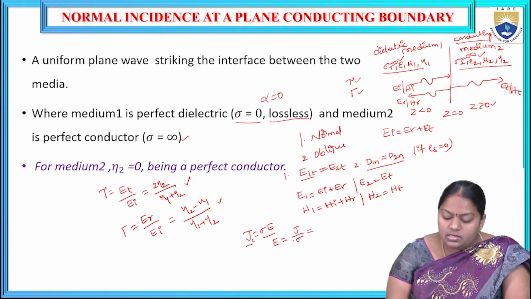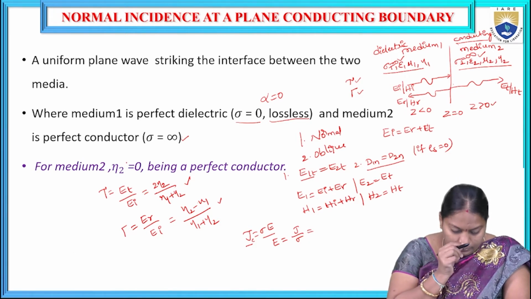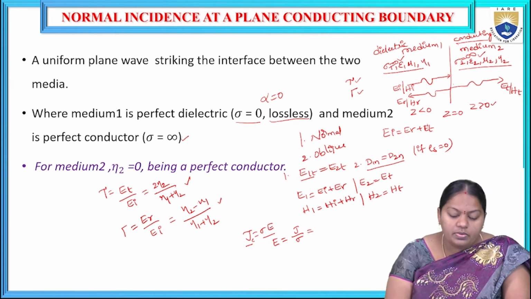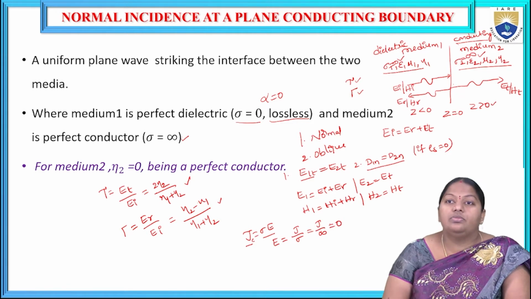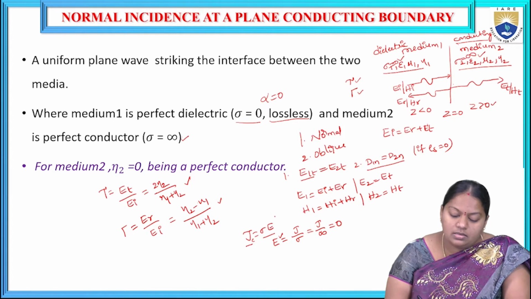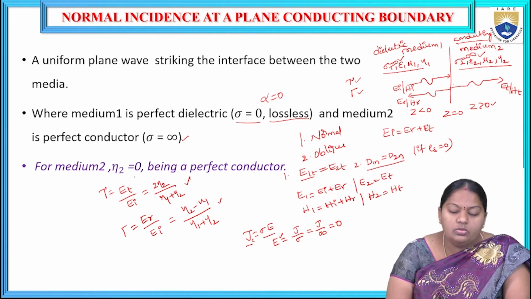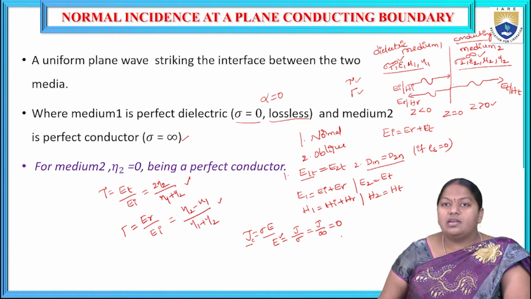So if you substitute the sigma by infinity in this case, for medium 2, we have assumed sigma equal to infinity. Right? So if we substitute sigma by infinity, then J by infinity gives us 0. So E equal to 0. That is the reason we have considered for medium 2, eta 2 equal to 0 being a perfect conductor. Right? So for medium 2 to be considered as a conducting medium,